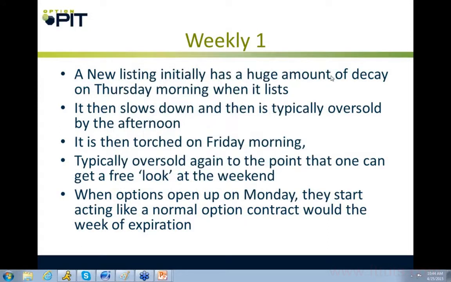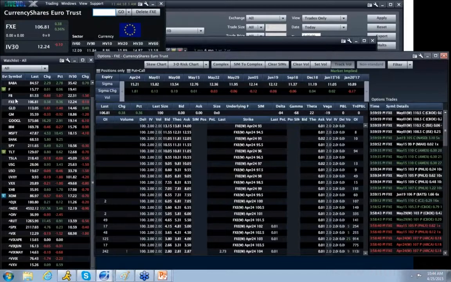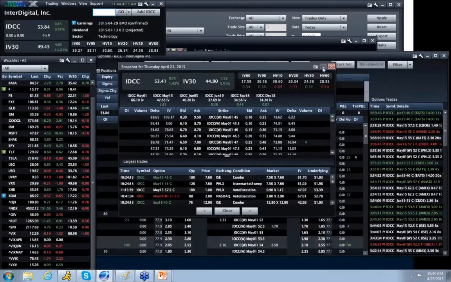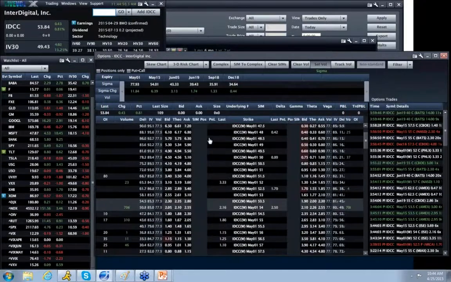So what you'll see is that you get this ebb and flow where they come in and they take the option down so much. All right, so let's just pull up, we can just do IDCC. If we look at this straddle, now they've got earnings next week, so that's why the volatility is crazy. But what they have a tendency to do,